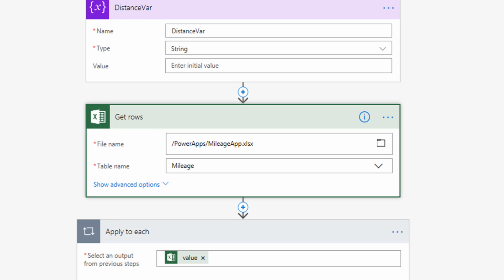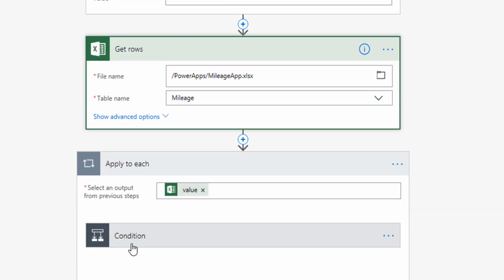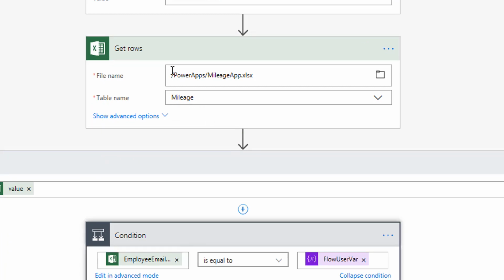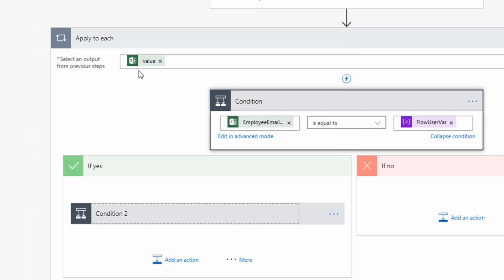the rows from that Excel spreadsheet sitting in OneDrive, and that's how I'm able to find two things: the last one tied to me, and also the value of the destination. So once I did the get rows, I'm looking at the value. I'm trying to make sure that the value of the employee email address should actually be the